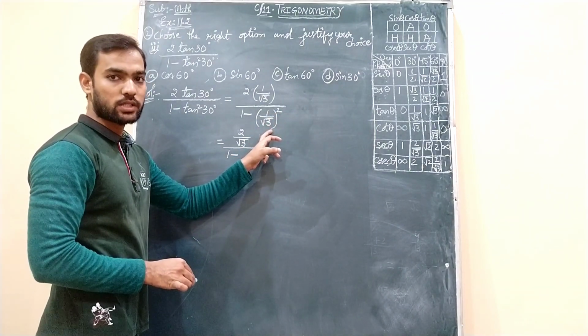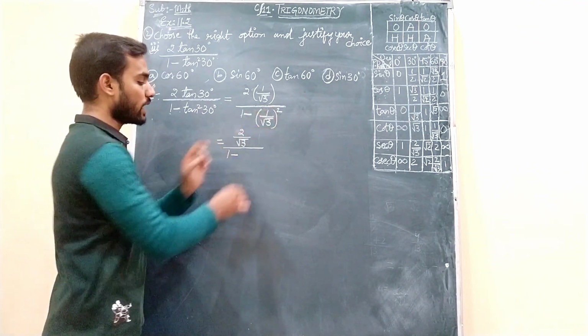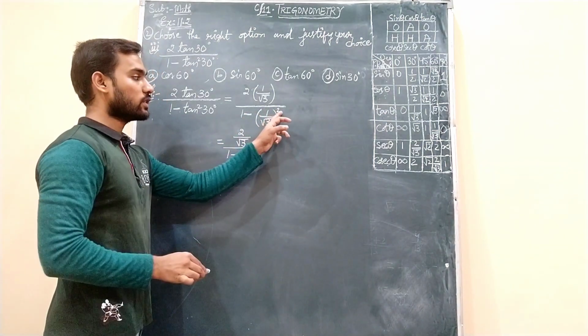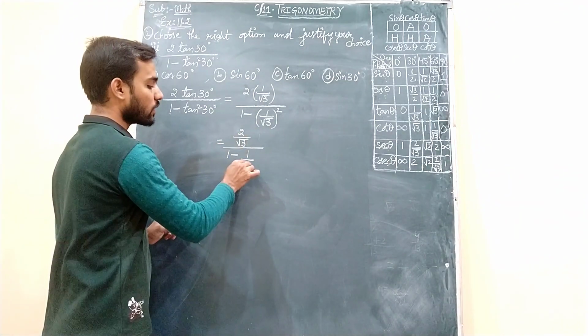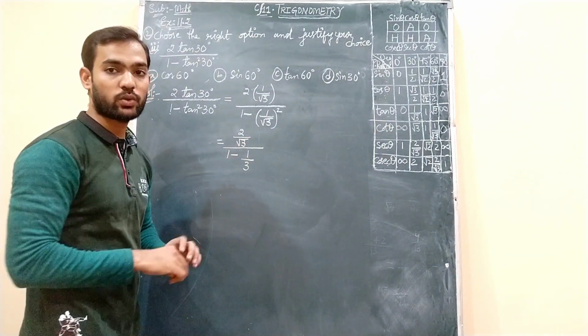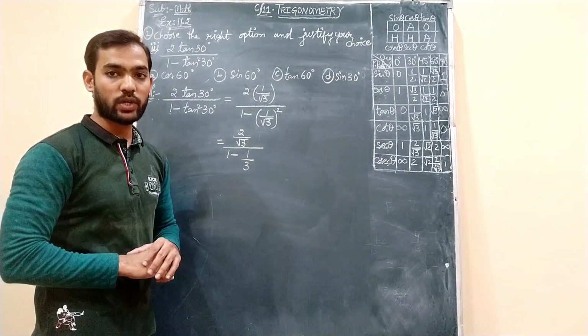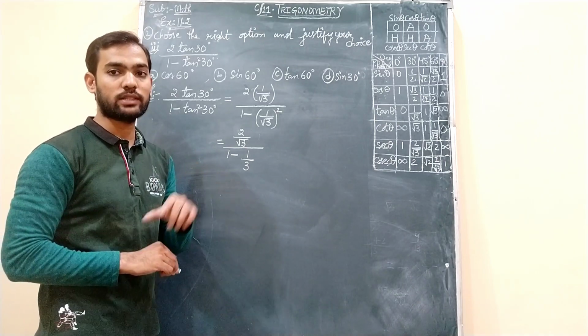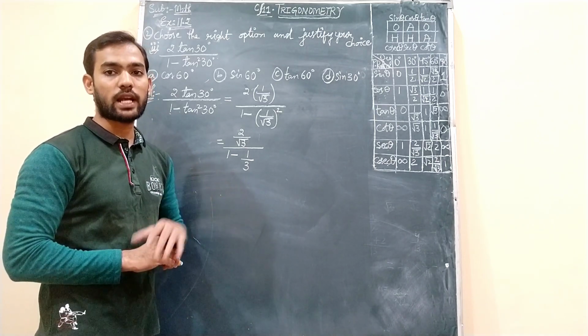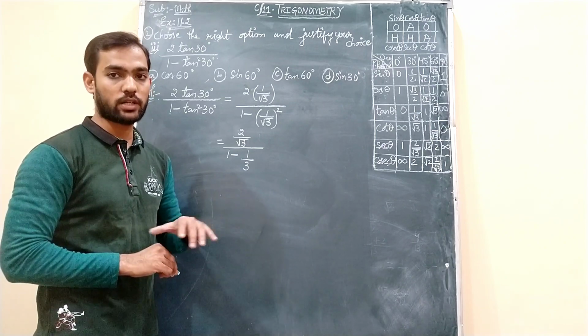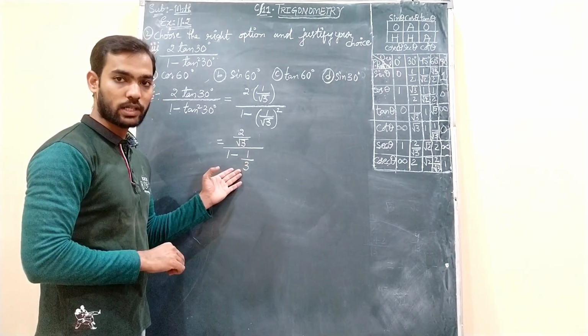This type of question also we have seen. When we do the square of 1, we will get only 1, and when we do the square of this root 3, we will get only 3 because the square and root get cancelled. In exercise 11.1 we have seen when we were having root 113 whole square. So that time we were writing only 113 because the square and root get cancelled. Same happens over here also.